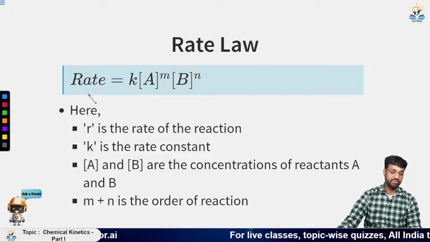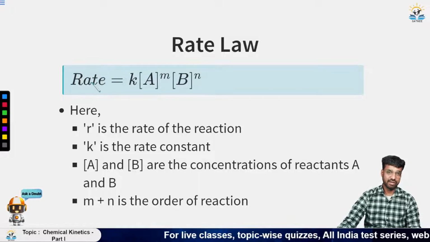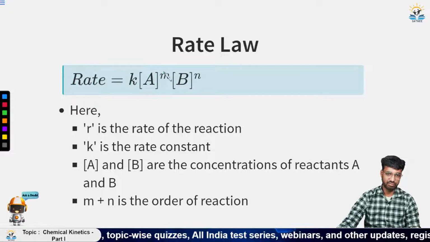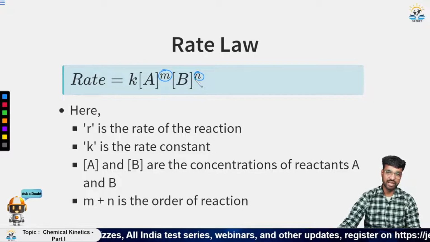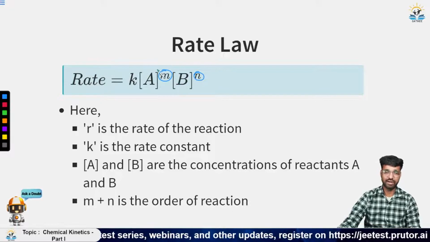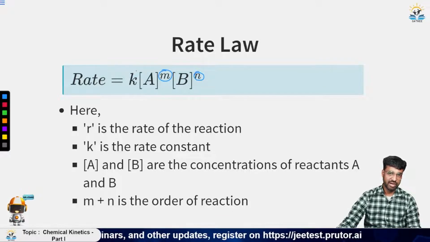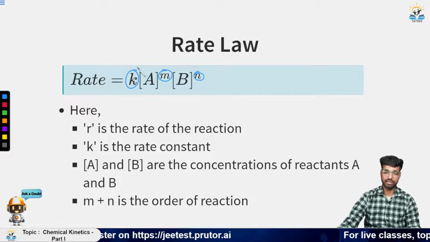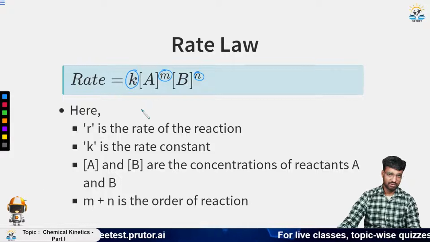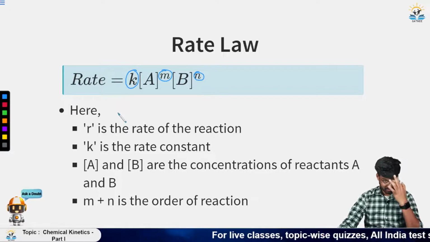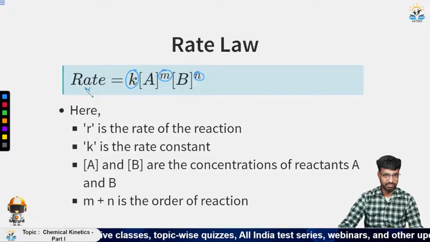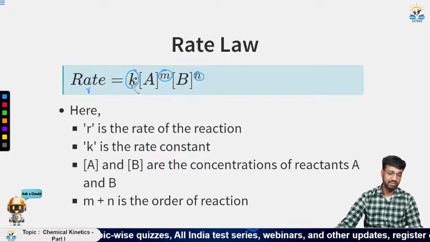So what is rate law? If you want to define it, it is nothing but the rate of reaction in terms of concentration of the reactants raised to some power, which can or cannot be equal to the stoichiometric coefficient, multiplied by the rate constant, that is k, and it is determined experimentally. You can write r in place of rate of reaction. So this r is equal to the rate of reaction, k is called the rate constant,